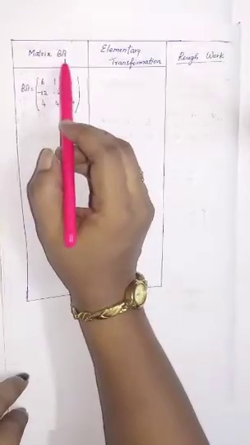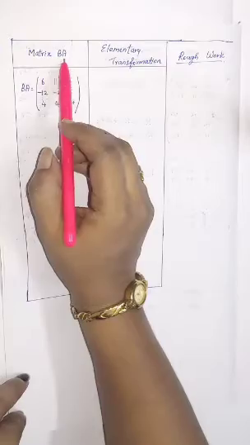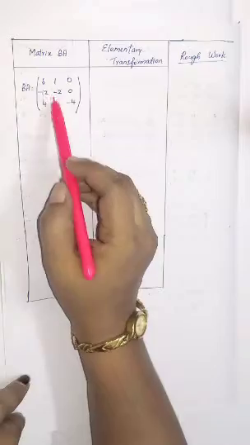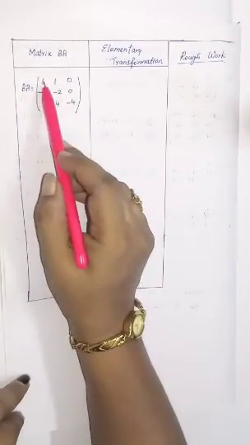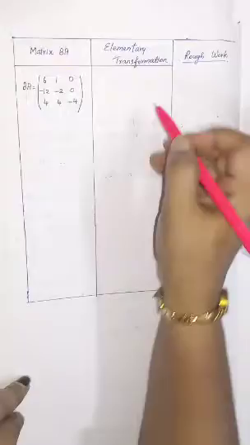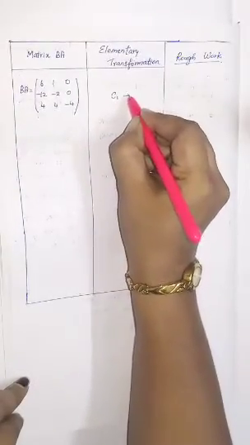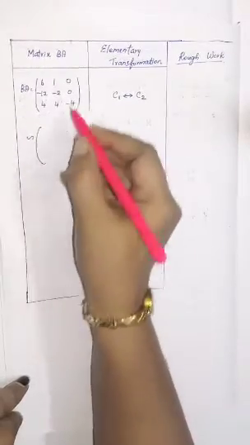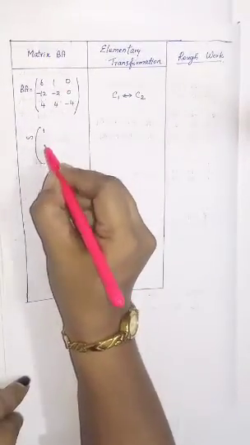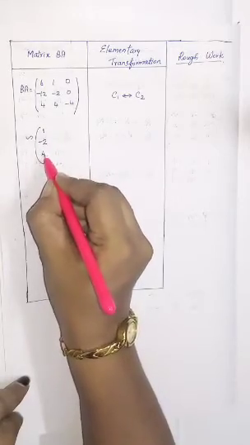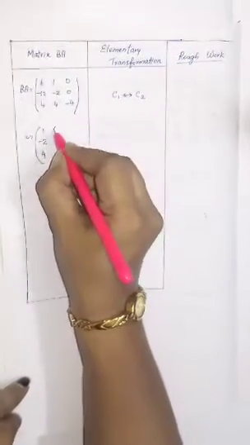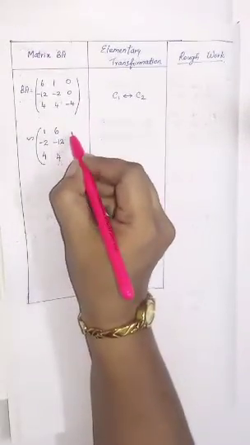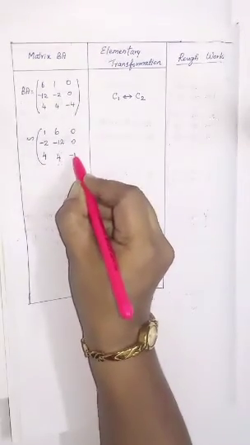This is the matrix BA. So we'll have to find the rank of the matrix BA. First element should become 1. So what I'm going to do is interchange your column 1 and column 2. C1 interchange with C2. So column 2 has to come to column 1: 1, minus 2 and 4. Column 1 has to go to column 2: 6, minus 12, again 4. Column 3 as it is: 0, 0, minus 4.